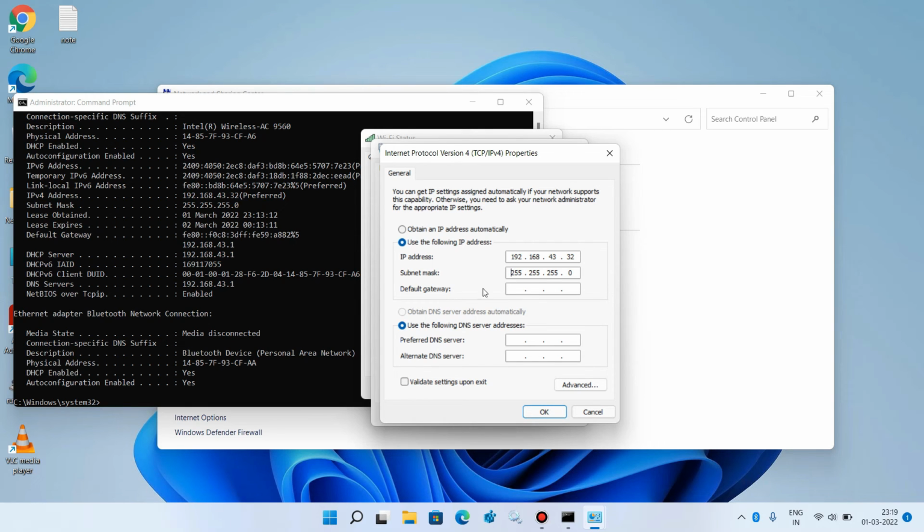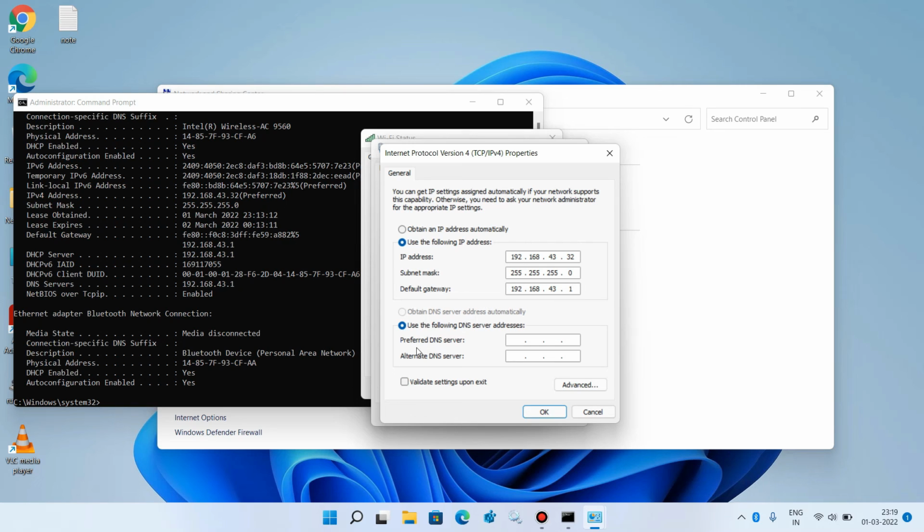And now in the default gateway, just type this IP address. The first three parts will be same as the IP address, and the last part will be 1.